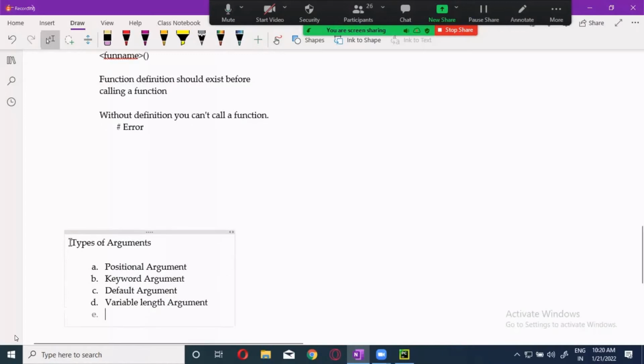And keyword variable length argument. Variable length argument is represented by star args; ARGS is the word, you have to use star args. And keyword variable length argument will be represented by